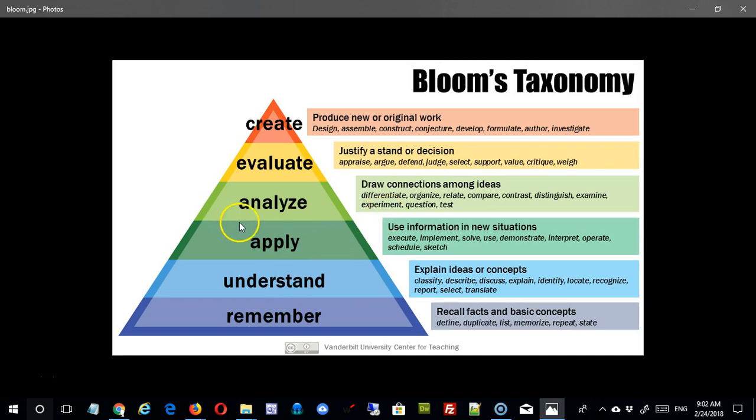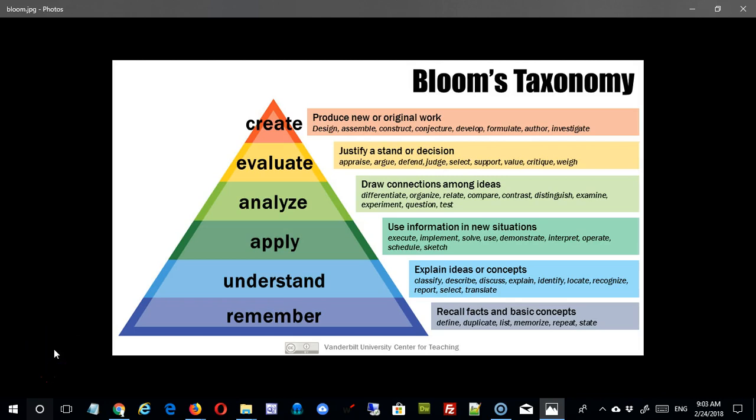Okay, now we're going to cross the line here and enter into the 3 higher levels of Bloom's taxonomy. The first is analysis, verb here being to analyze, and that's to be able to pull apart an idea or a topic into its component pieces, to examine how they relate to each other, to compare and contrast them. So if I ask you to take 2 characters from a novel and compare and contrast them, that is a classic example of